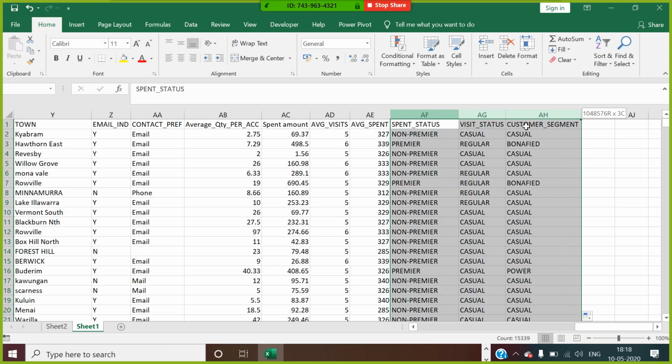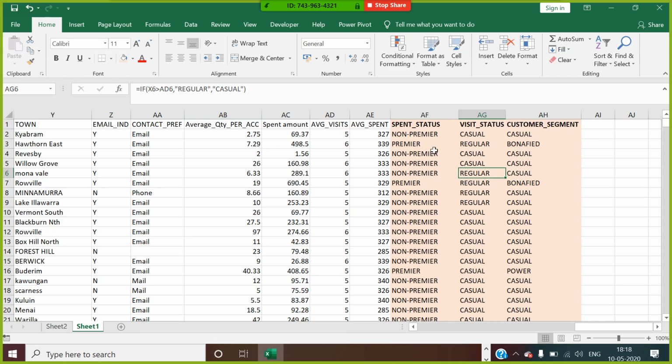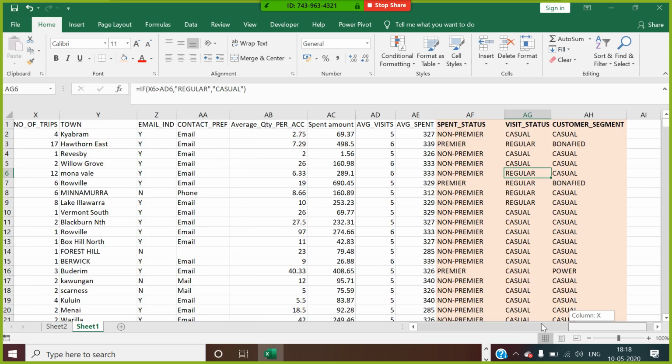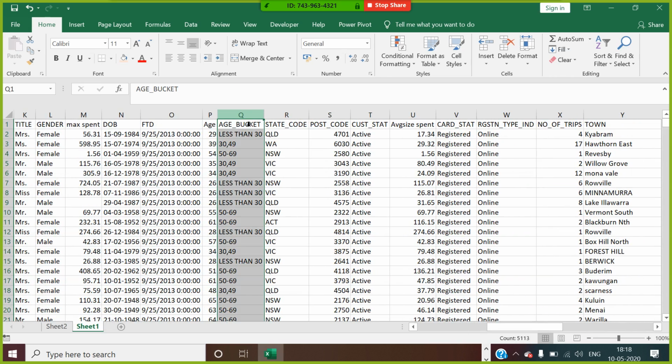So guys, these are called manipulative fields, which you created here. Understood? Being an analyst, you need to identify this. This is called a derived field.